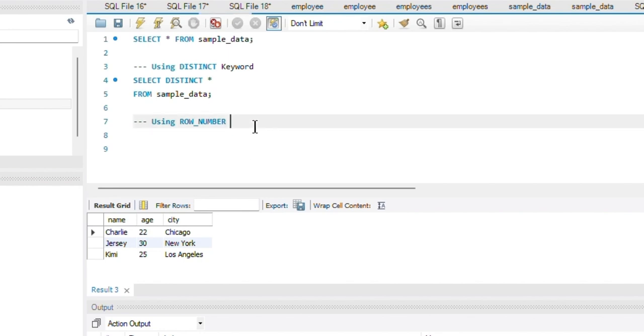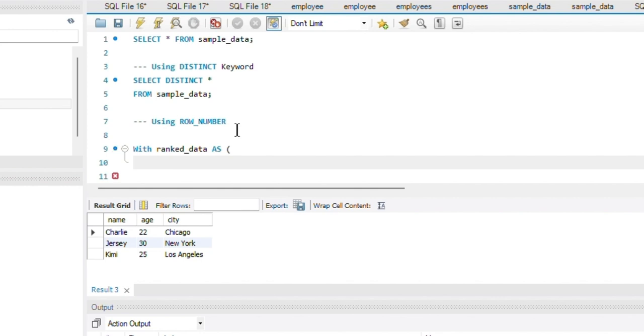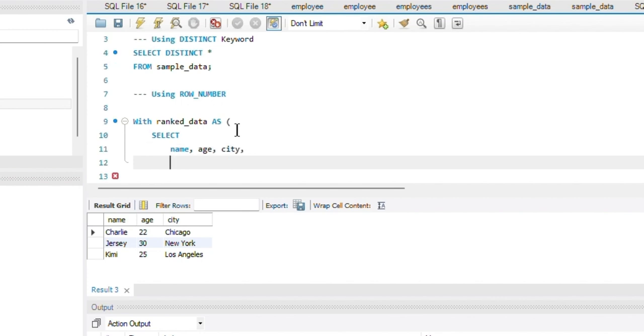So let's write the CTE here. I'll start my CTE. I'm giving my CTE the name ranked data. The columns I'll write here: name, age, city, and I want to assign a row number based on them.